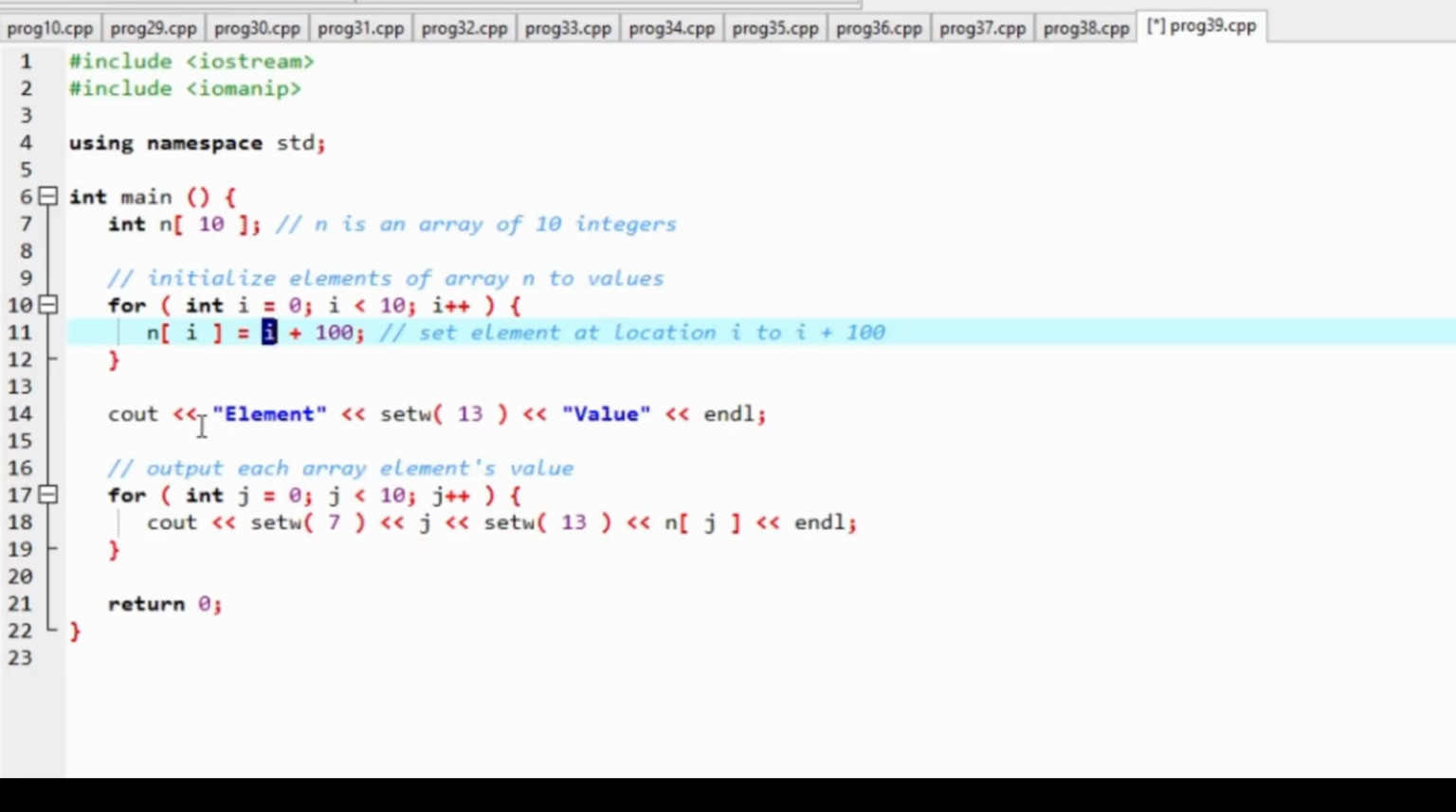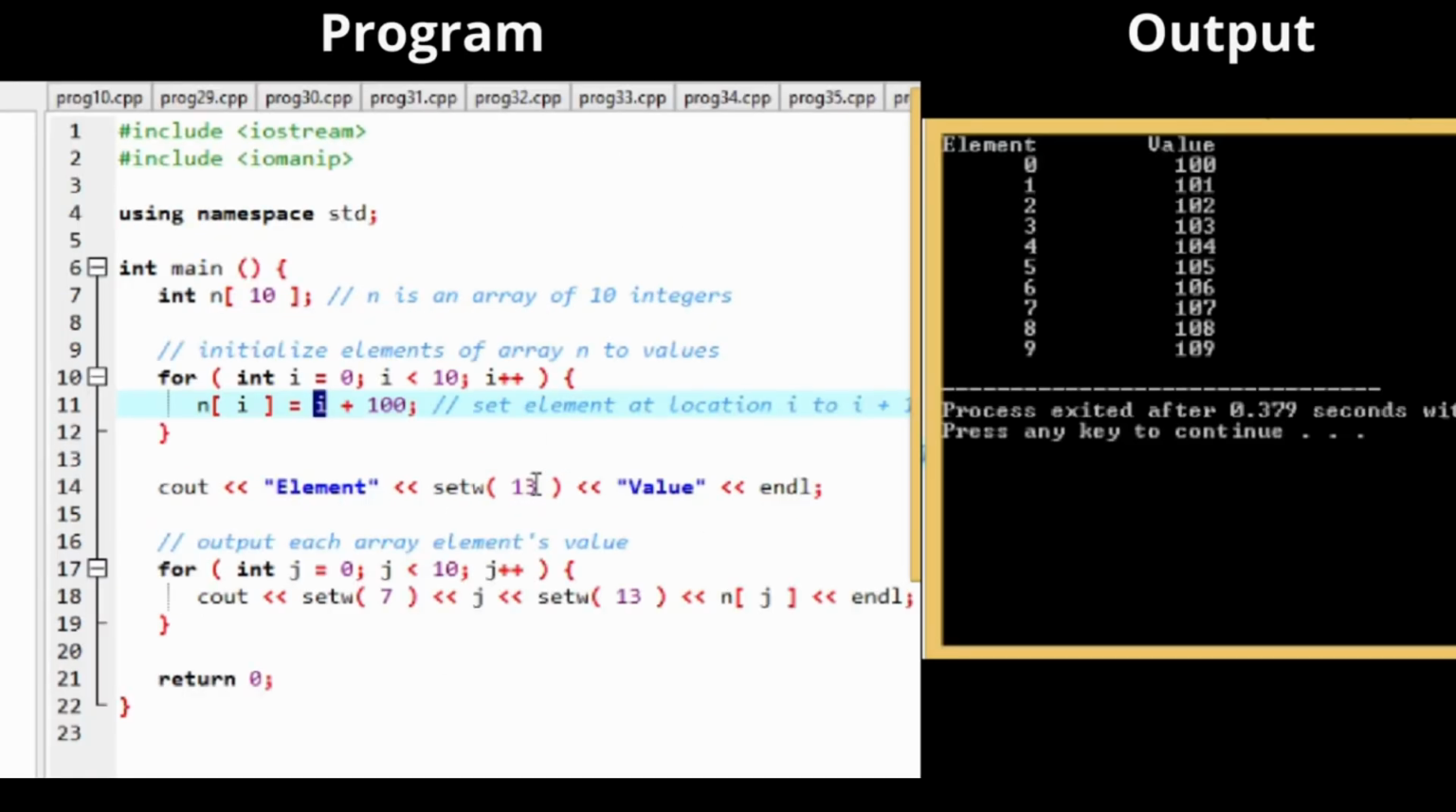Now here we are printing headings, that is, the element and value. If we compile our program, I can show you how the outputs are coming. Here you see the element is the respective text, set with setw 13, that is 13 characters, then value and then endl. So we have 13 characters, out of which value has 5 characters, so in between we have an 8 character gap,